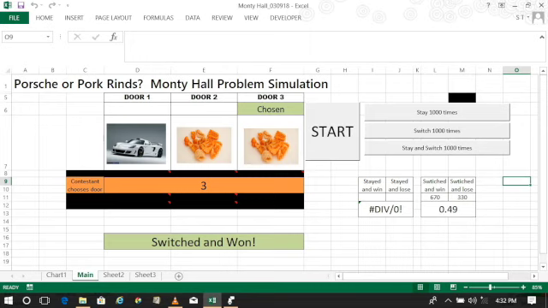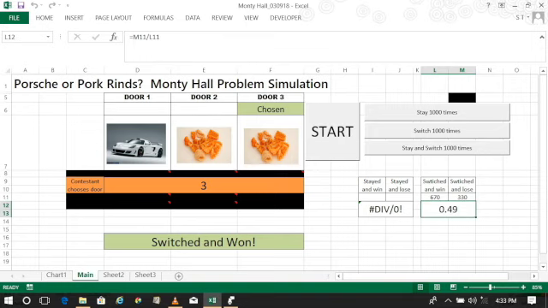As you can see, if every single time we're given the choice of whether to stay or switch, we were to switch every single time, of the 1,000 times we play this game, you can see the total adds up to 1,000. We would have won 670 times, and when we switch, we lose 330 times, with a ratio of approximately 2 to 1. So it's twice as beneficial to switch than it is to stay with your existing chosen door.